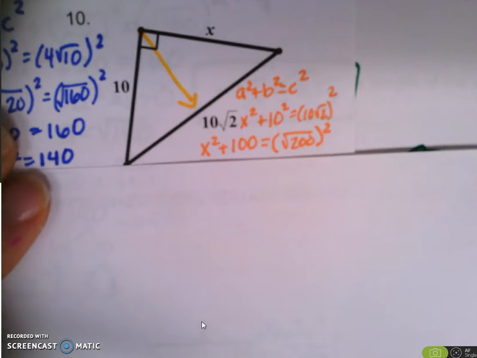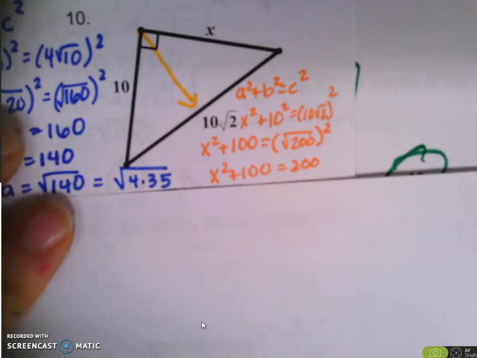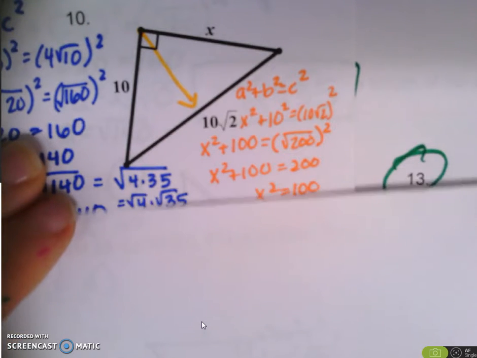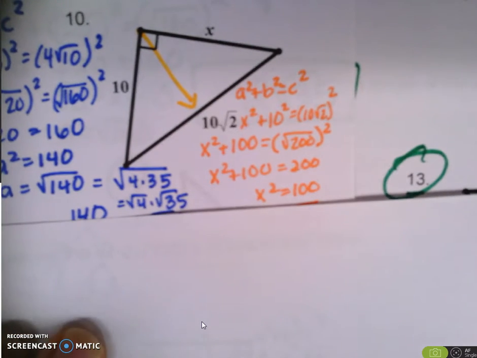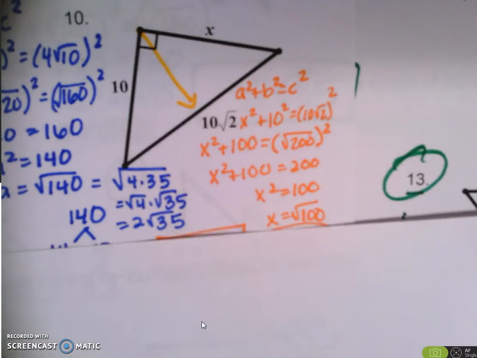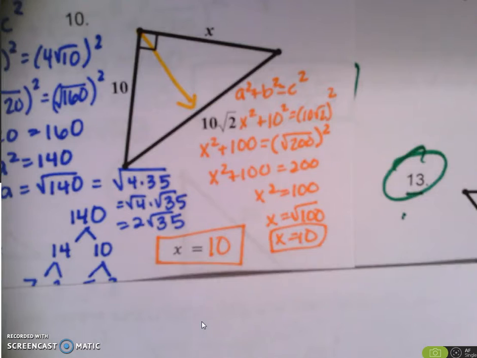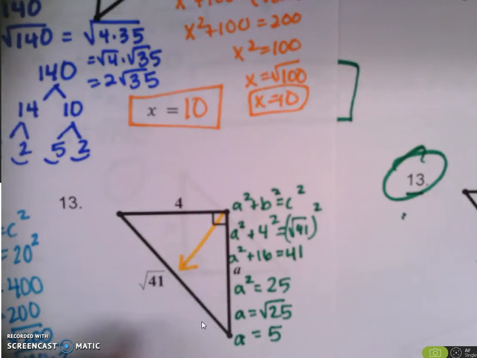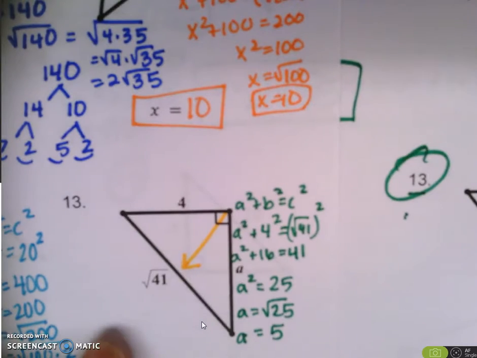Now, when I square radical 200, I get just 200. I need to get x squared by itself, so I subtract 100 from both sides. When I do that, to get x by itself, I square root both sides to get x as the square root of 100, which means x is 10. What a nice answer. Moving on to number 13, notice I was also again given my hypotenuse and I'm solving